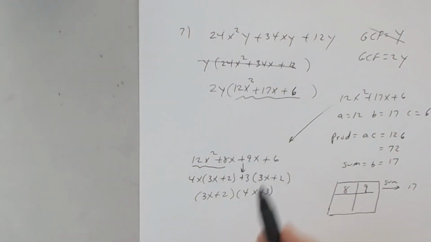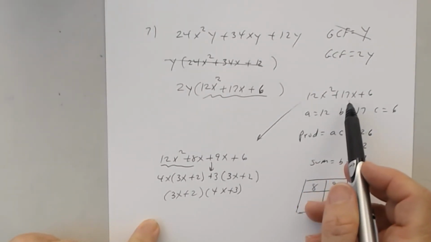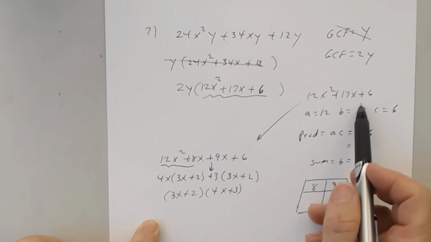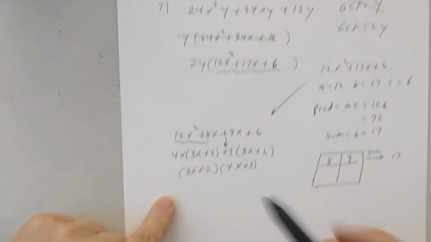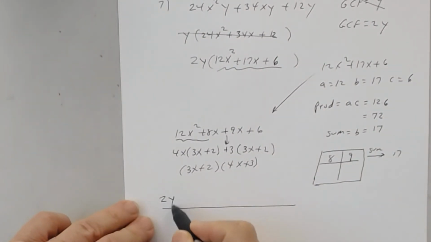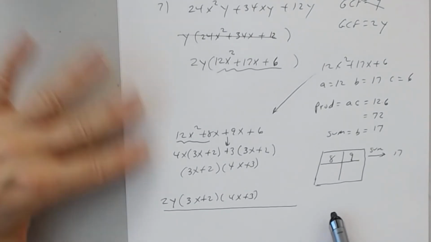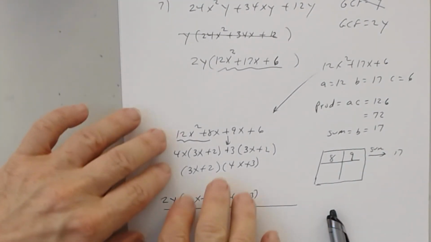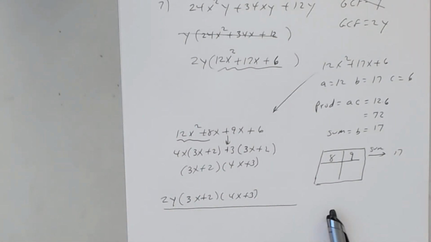Now be careful. You'll get most of your points. You want to get them all if you say that's the answer. Remember, that's a factorization for this 12x squared plus 17x plus 6. That was not the original. The original was this. Remember, you factor out a what? 2y. So the answer is 2y times 3x plus 2 times 4x plus 3. So we're going to do about 3 or 4 more with these, with the one with the GCF and all, other than one, next class period. But let me give you, remember right here,